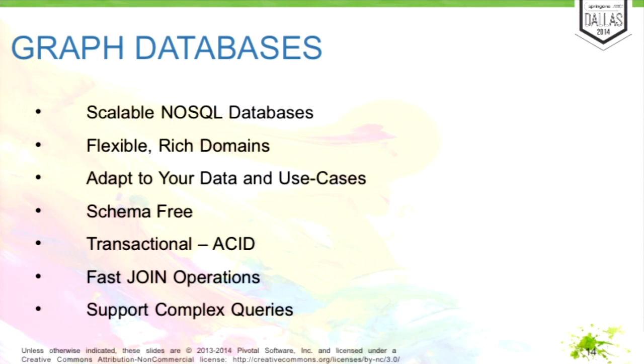In general, graph databases are NoSQL databases. So as Martin puts it, NoSQL databases are open source. They are scalable. Most of them are also schema-free. So graph databases are also schema-free. So you don't have to set up a schema for all the heterogeneous data that you have. But unlike the other NoSQL databases, graph databases are transactional.